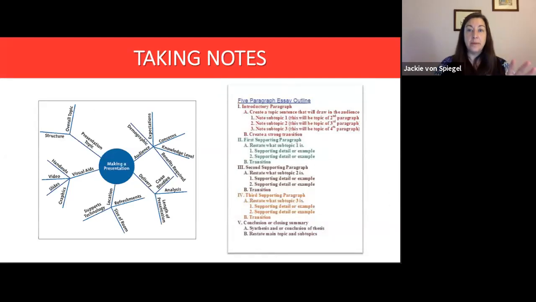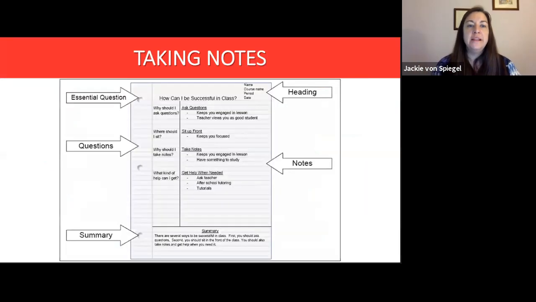Also, when we're talking about taking notes during class, there are lots of ways to take notes, and we have a whole workshop on taking notes. There are lots of different ways that you can do it, but just as an example, use what works best for you and what works best for the material that you're learning. It can be just an outline, like you can see here on the right. It could be making a mind map, like you see here on the left, if you're looking at relationships between different points of the material. It can also be, and this is a great way if you're thinking about questions that you want to bring into class or into a class discussion,